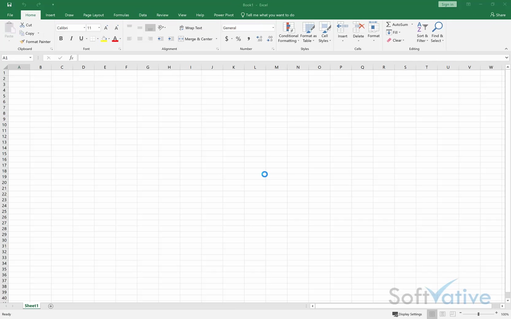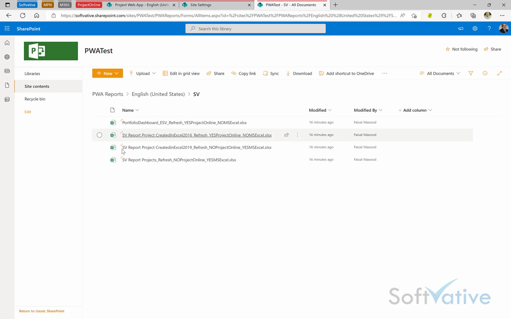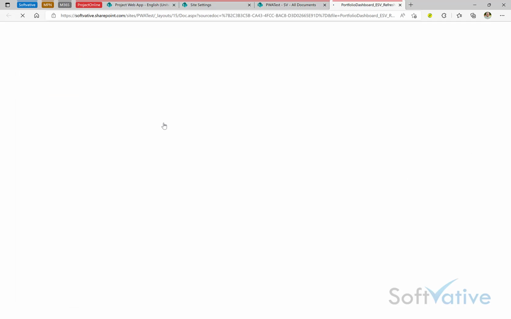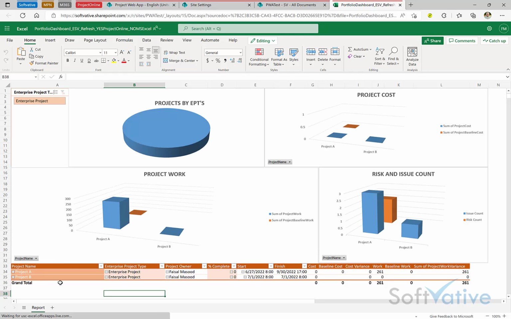So if I close it, the next one I'm going to show here is some of the custom reports we created, and we tested it from the desktop as well as from the ProjectOnline. So there are different versions of it. As an example, we used one of the report pack files, and if I click on it within the project web app, you can see I can see the data here,